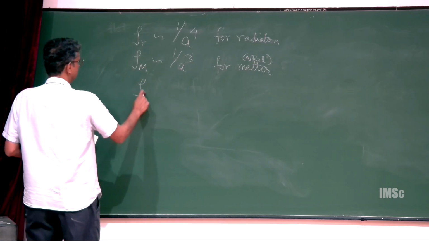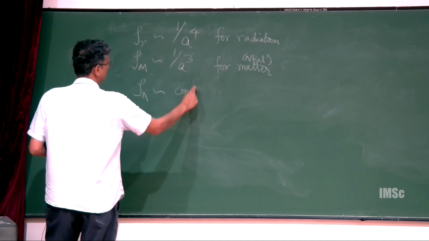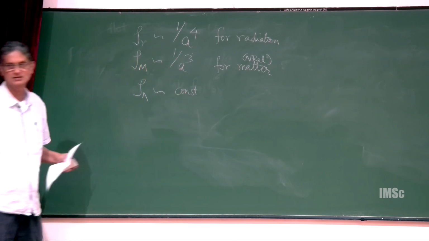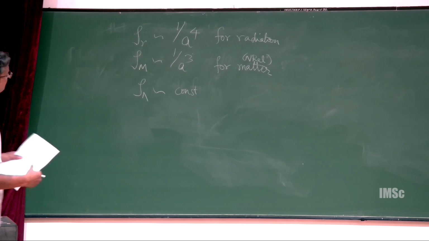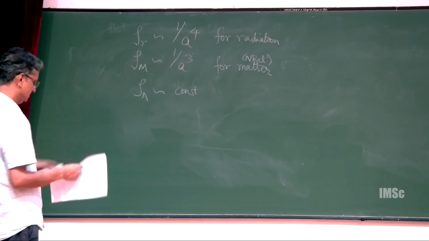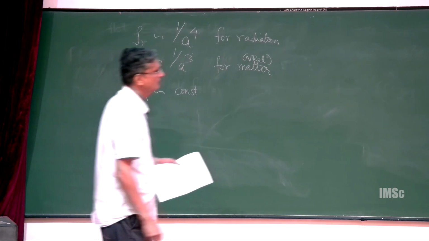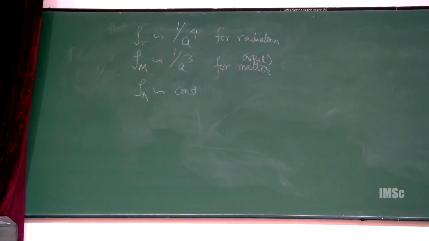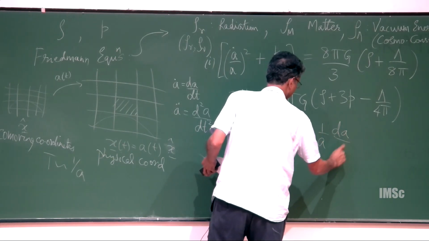And the energy density of the cosmological constant is constant, which is why it's called the cosmological constant, right? And so this is something that you can just show using those things. And one definition that is usually made is this H of t is 1 over a, da/dt,